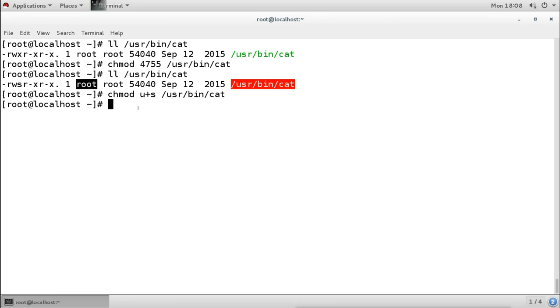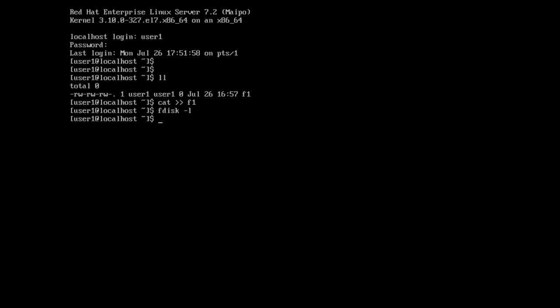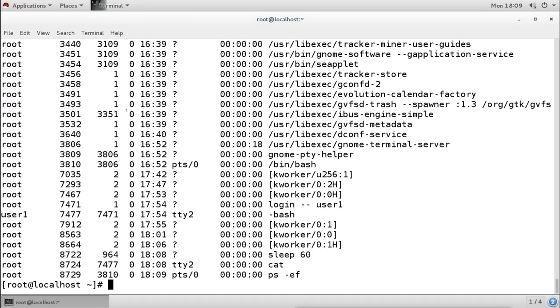So the system feels that this executable or binary is executed by root, no matter who executes it. Now for example, I will go to this user here, and again I will run the cat command. Remember, user 1 runs this cat command on TTY2. But when we see the process with the ps command, the cat command is executed on terminal 2, but who executed it? It is root.